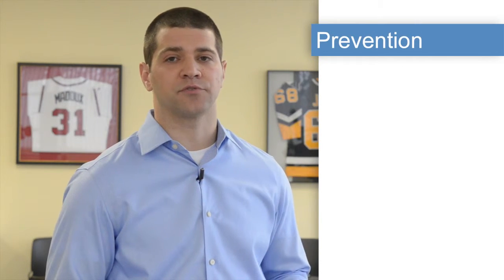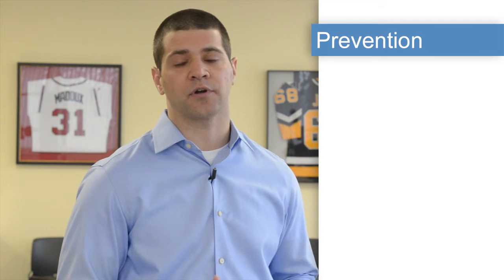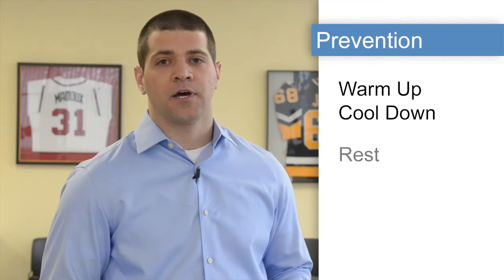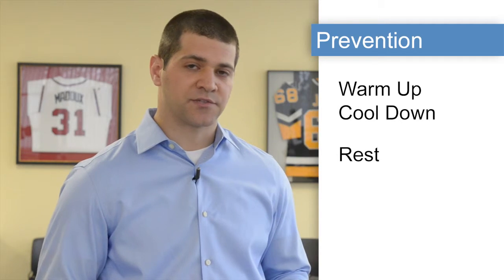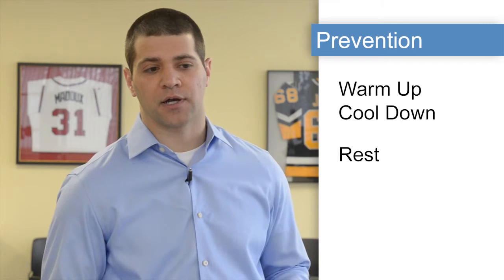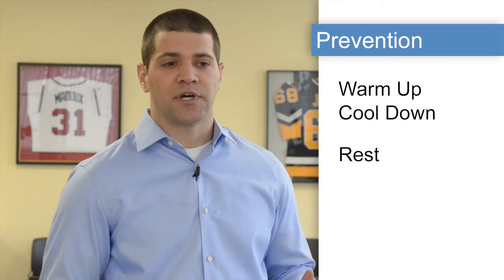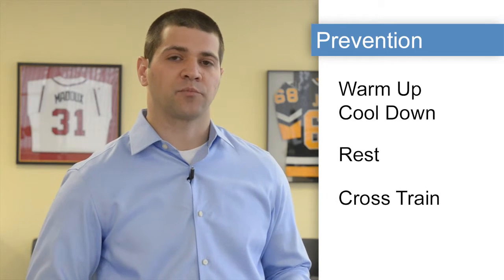Some things that can be done to reduce the chances of developing an overuse injury are, one, making sure the athletes are warming up and cooling down properly, and making sure that they're resting at least 1 or 2 days a week to allow for proper rest for their bones and tendons. Another thing that can be done is making sure the athletes are cross-training, avoiding playing one sport 3 seasons out of the year. In the case of baseball players, I think it's important that they participate in a rotator cuff or scapular stabilizer strengthening program throughout the course of the season to prevent or reduce the chances of them developing